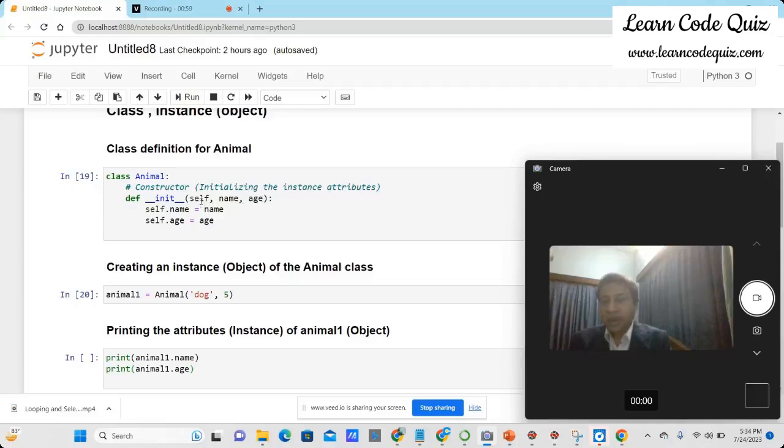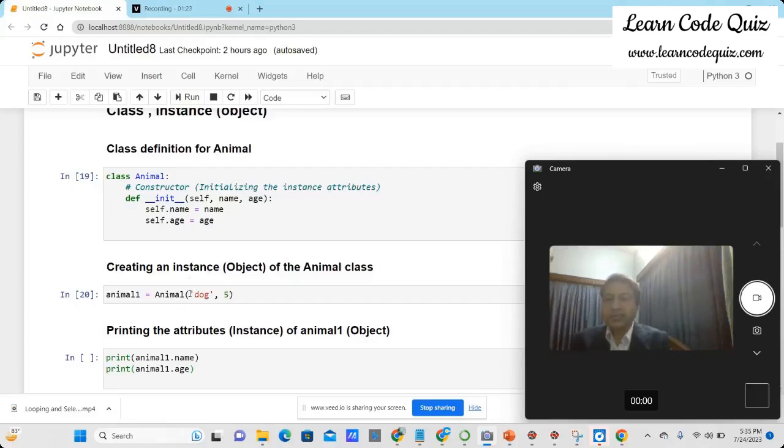The self parameter refers to the instance of the class. So when you create an instance or object of the class, which is animal1 here, and pass the values dog and 5 to these arguments, then what happens is that Python creates